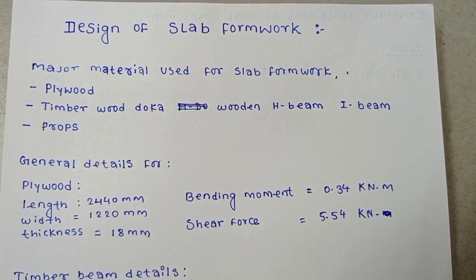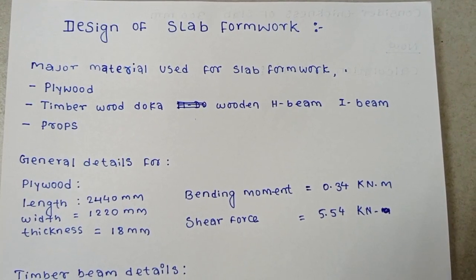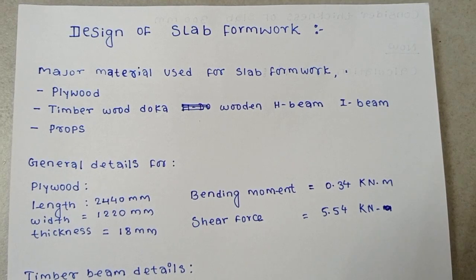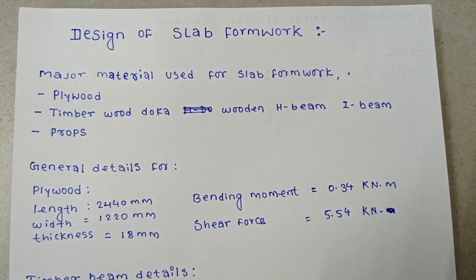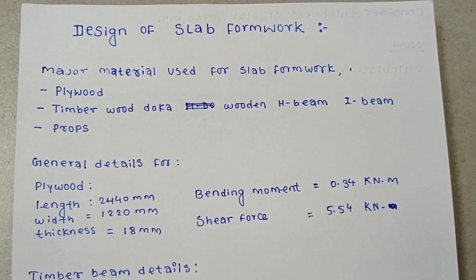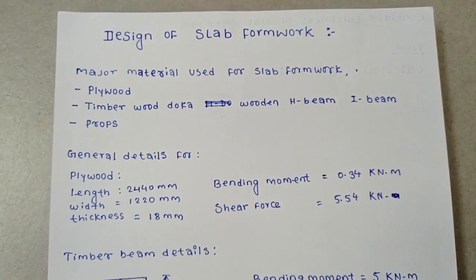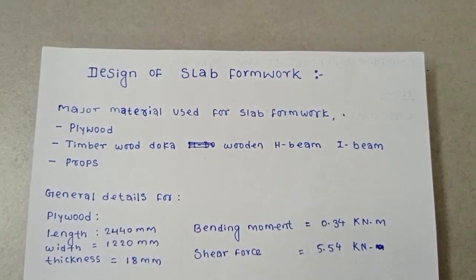Today I am going to explain the design of slab formwork. Here, first we have to know what materials are used for slab formwork. The major materials used for slab formwork are plywood, timber, wooden H-beam (doka),